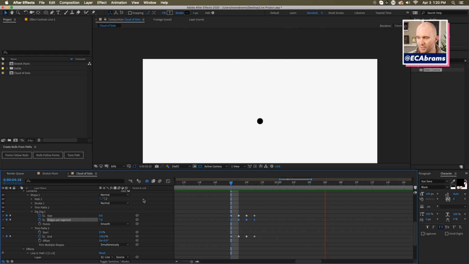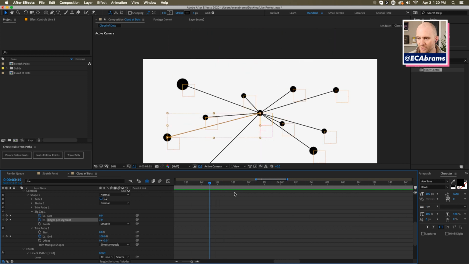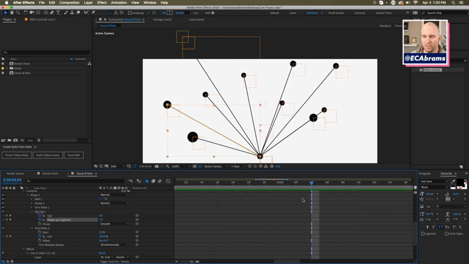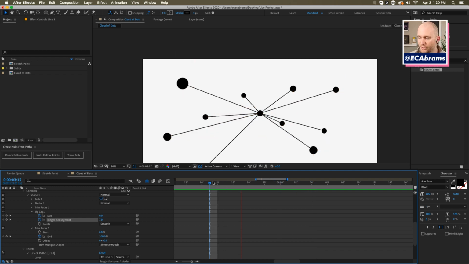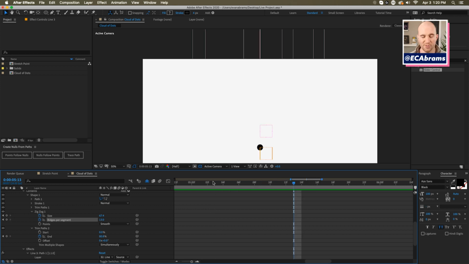So yeah, that was kind of my solution for this, getting all these strings to attach. You could use a plexus to do this. Hmm, trying to think what are some of the other things. You might be using the beam effect. You might be using, in this case, the nulls to path situation and using the trim path. Maybe you use a Cinema 4D approach, that kind of thing. So that's how the thing goes down. Hopefully that kind of clears stuff up about various ways to approach this.